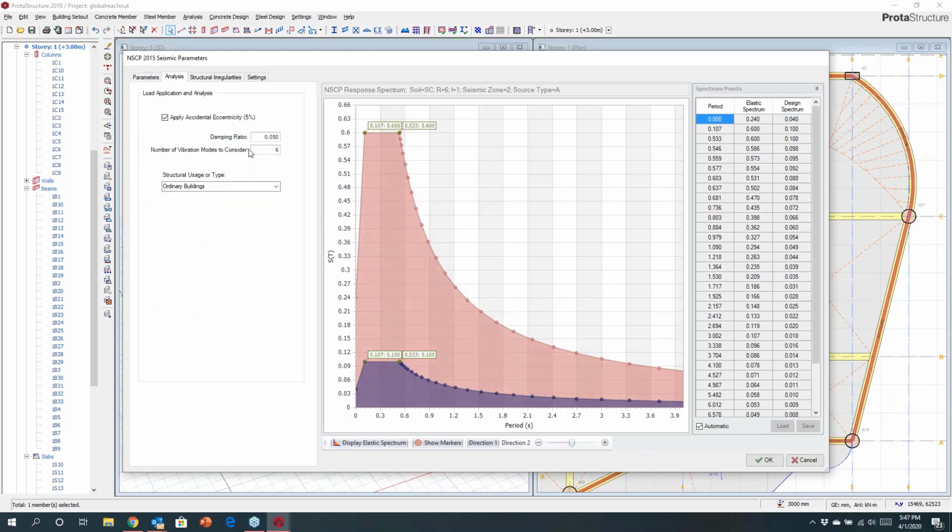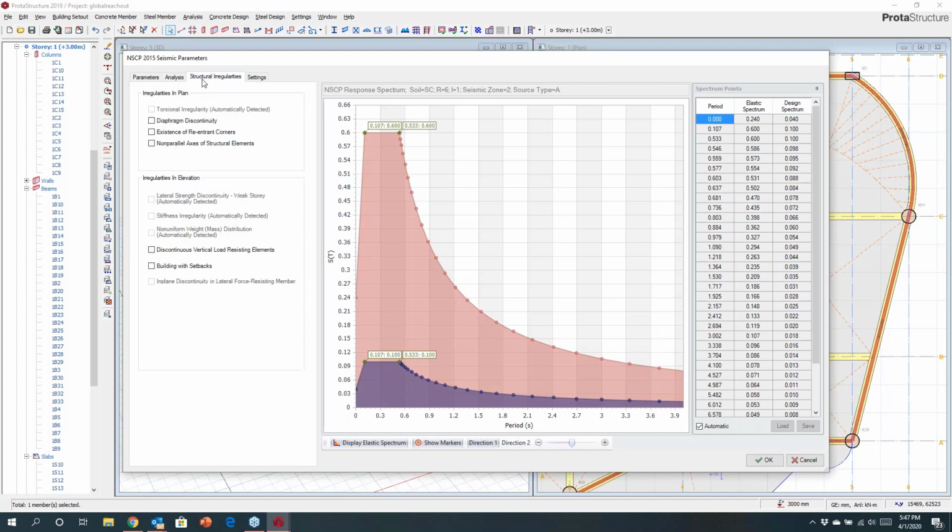Now I'm going to run the analysis here. I can choose a number of modes that I might want to consider. Okay, so maybe for this structure I'll consider 12. We also will check for things that are very important to doing earthquake engineering, like irregularities. So planar, torsional irregularities, stiffness irregularities and elevation. These types of things the software will go away and check as we progress with the design. Now, if there are any penalties that are associated with these checks, these will automatically be applied to the analysis